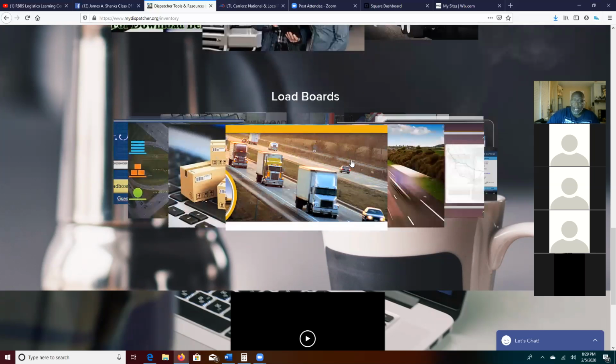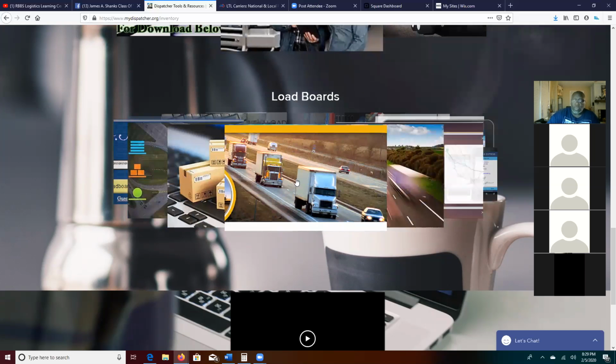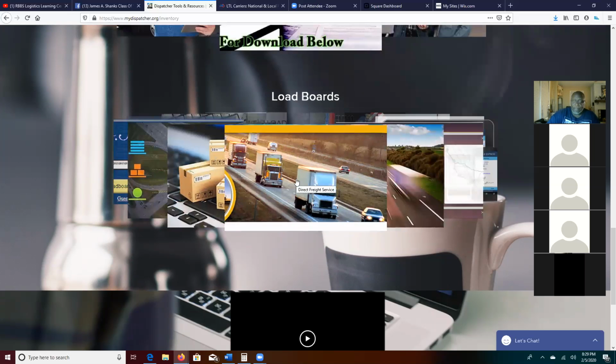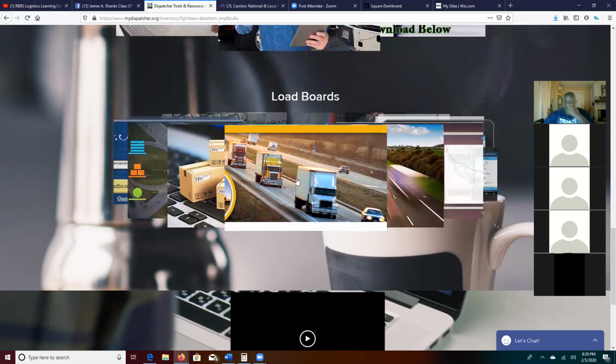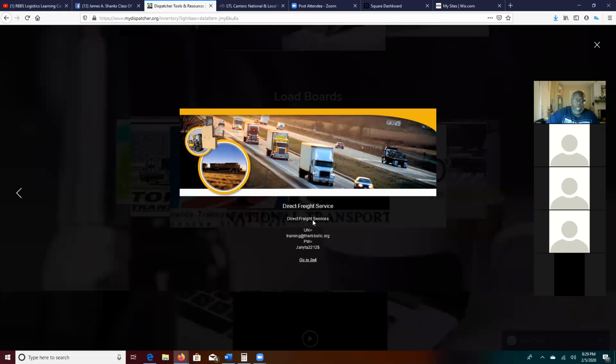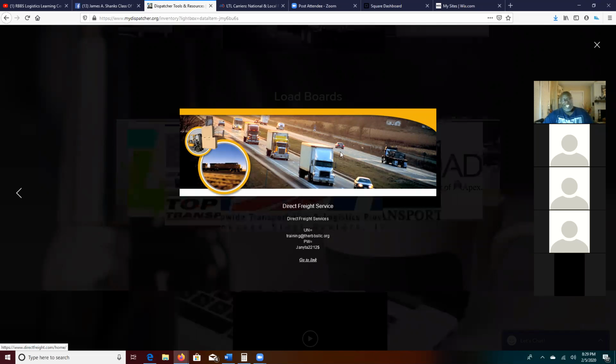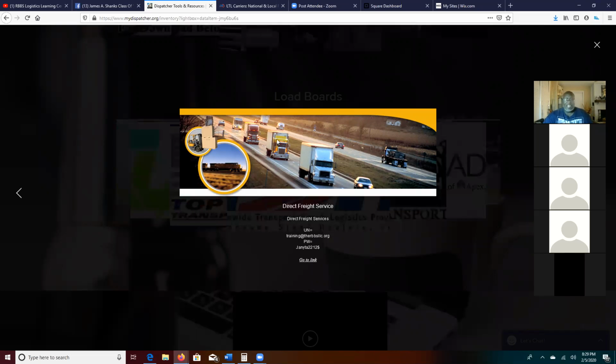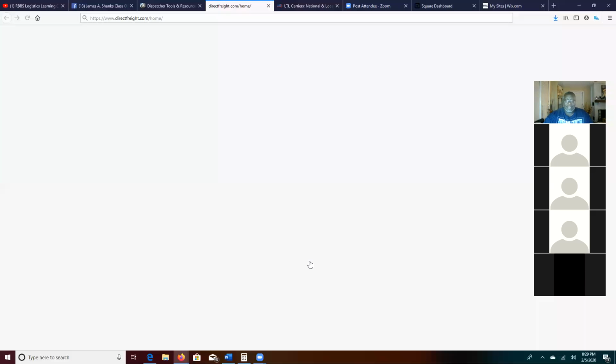a lot of these are subscription load boards, right? So when you click on it, notice there's a placeholder. Read this placeholder before you just go click it. Because here's what he did. He clicked on it, they come out here, and he clicked, go to the link. Now, on my computer, I've got all my passwords already programmed in.